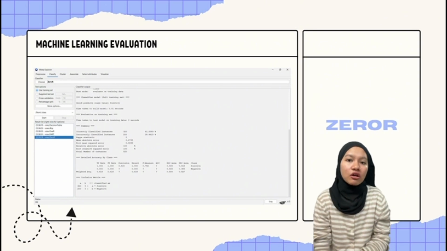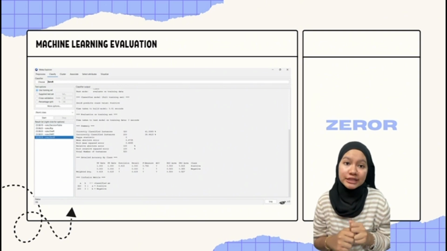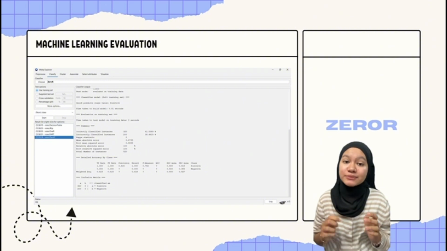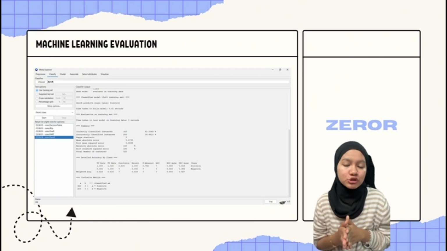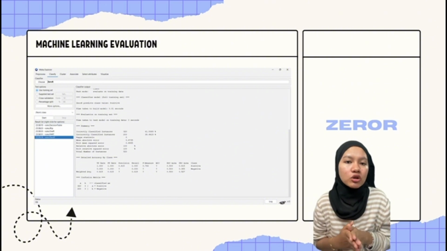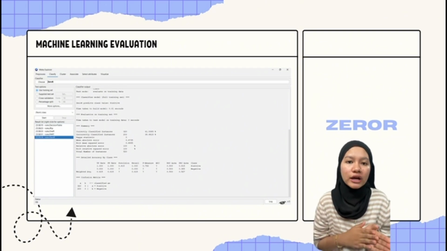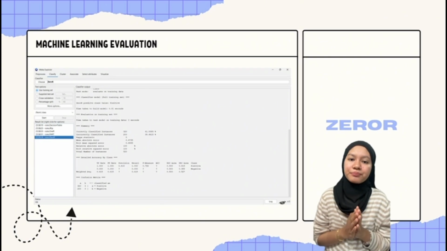Lastly, the result of the 0R classifier, which is based on the majority classification, is positive. The overall accuracy of this model is 61%, and the algorithm was right about 320 of the 520 cases. The confusion matrix represents the model's actual and predicted values, with 320 samples correctly classified as positive and 200 misclassified, suggesting that the 0R technique has a limited ability for prediction.